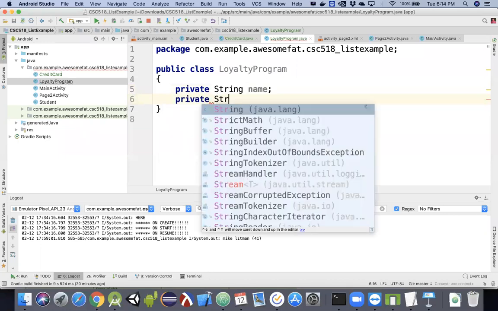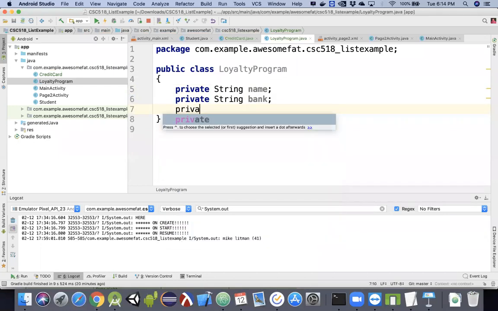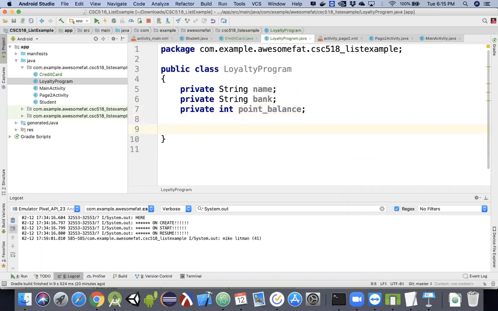We're going to have a private String. I don't know if I could spell issuing bank, so we'll just call it bank. And then we're going to have a private int pointBalance. Okay. And we're going to go ahead and create our constructor for this guy. So we'll say public